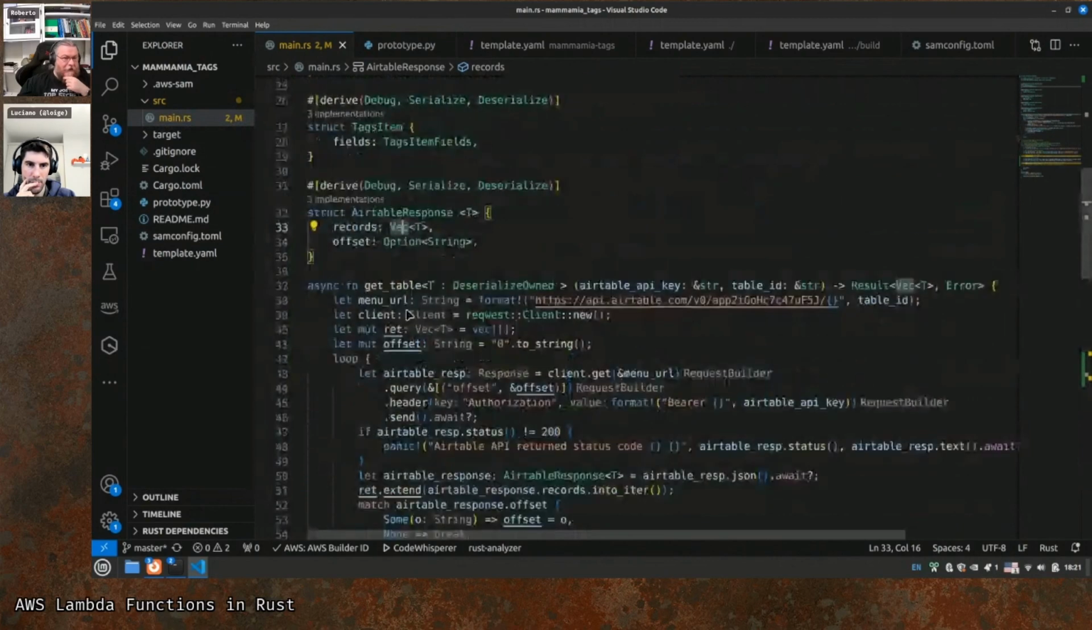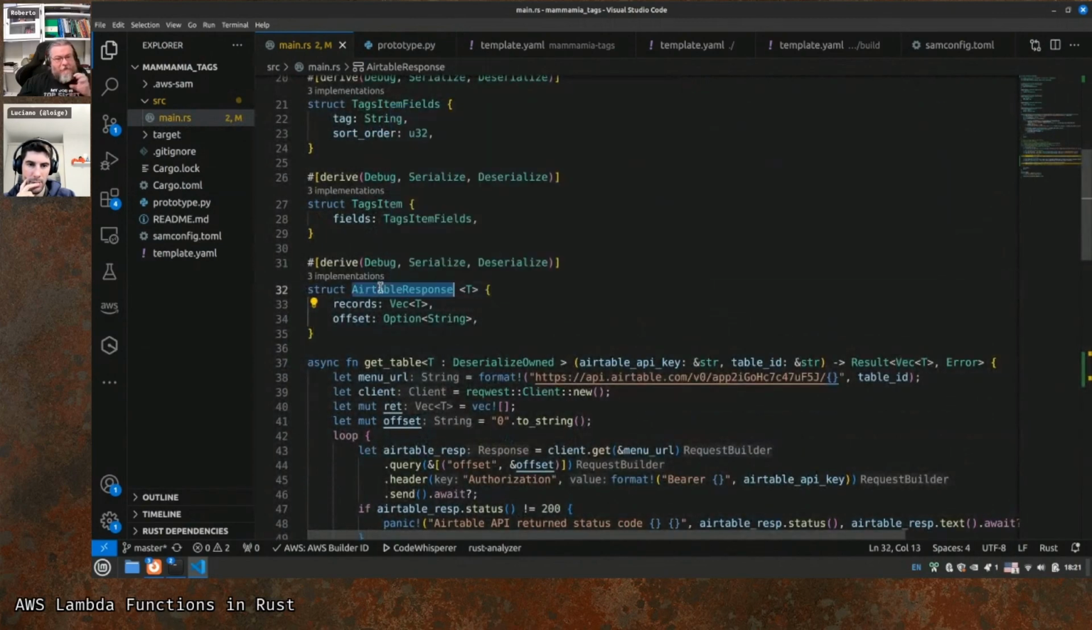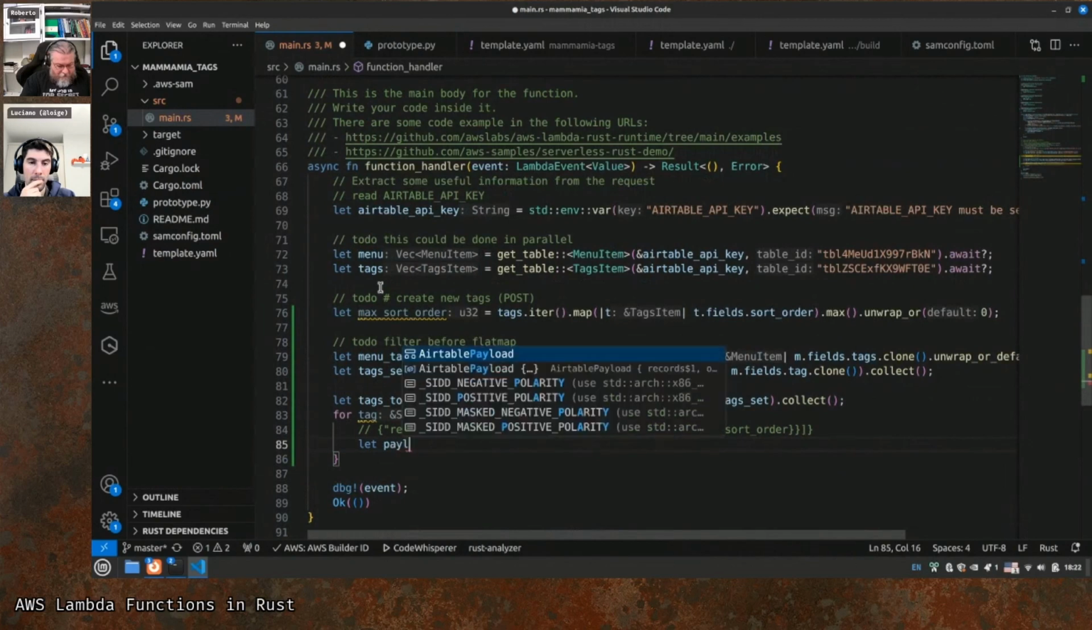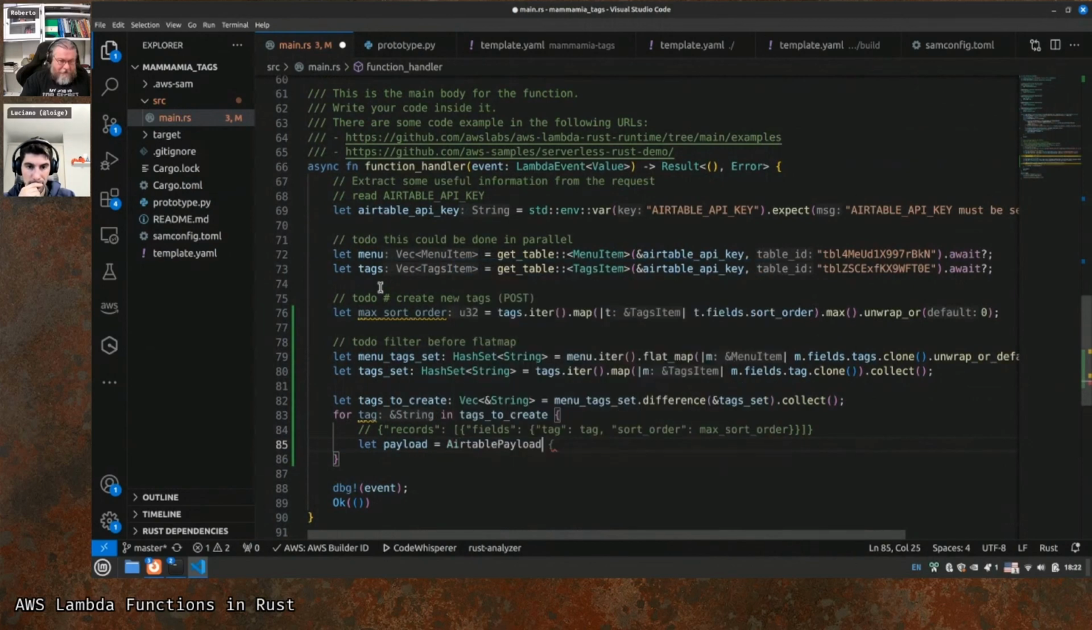Yes. No, we already have the AirTable response that at this point is also the AirTable. Can we call it AirTable payload? Yeah. Okay. So we have to create our AirTable payload. Let payload equal to air. Let's create it directly here. And records will be a vector of